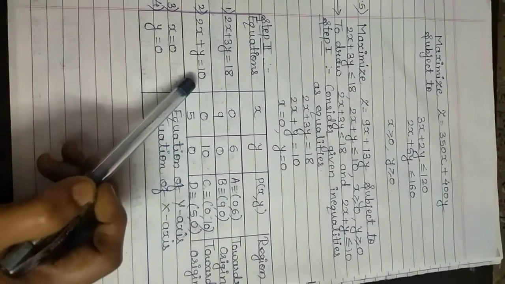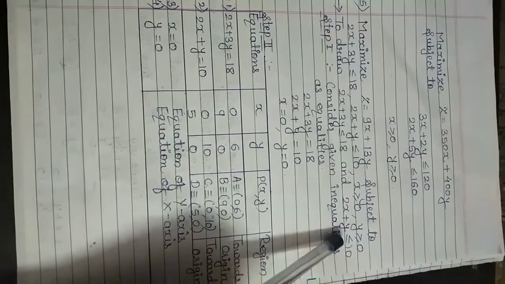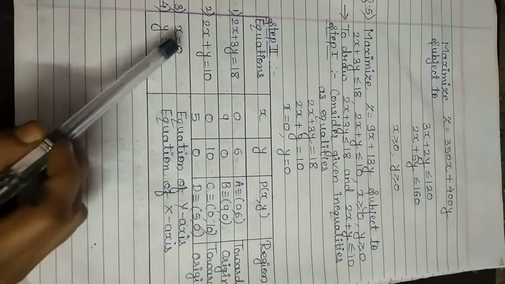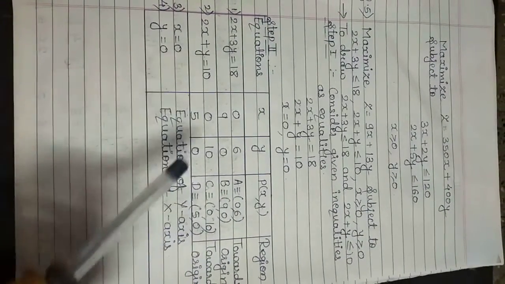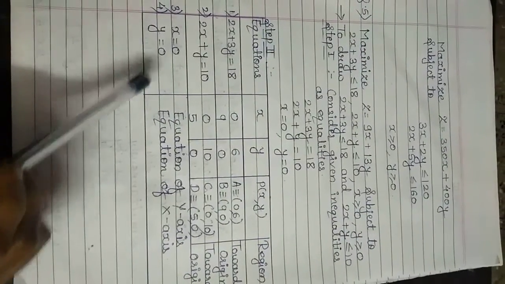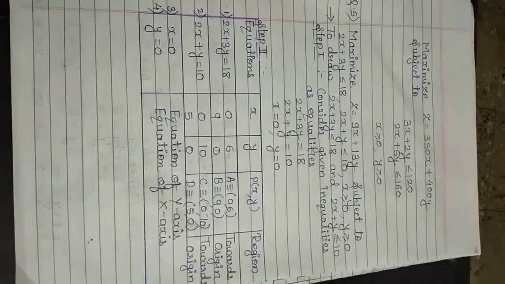Now in equation number 2 also, the inequality is facing towards the constant, so the region will be towards origin. Then x is equal to 0 is nothing but the equation of y-axis and y is equal to 0 is nothing but the equation of x-axis. Now next step,